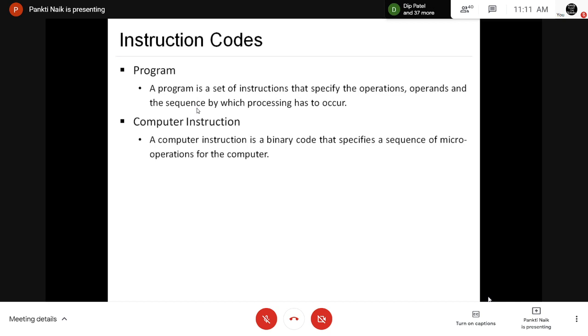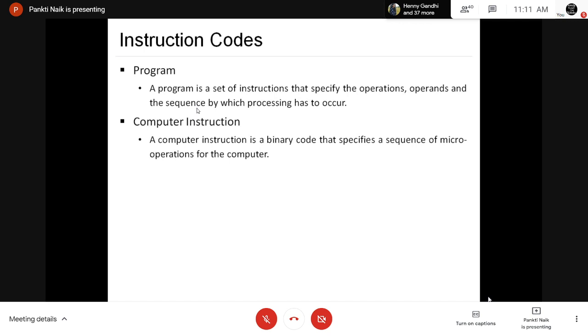Instruction codes. Now instruction codes are placed in the control register. Then control proceeds to execute it by issuing a sequence of micro operations.